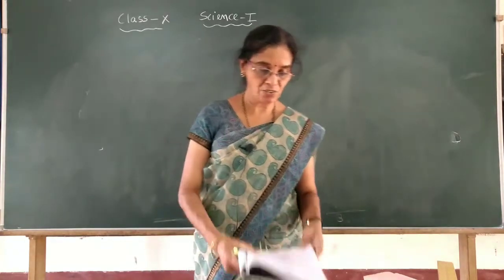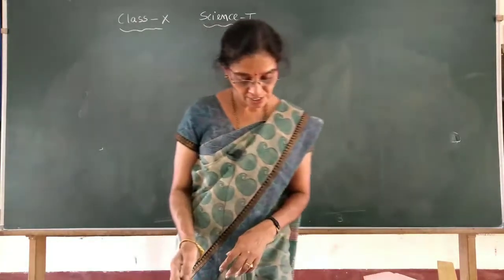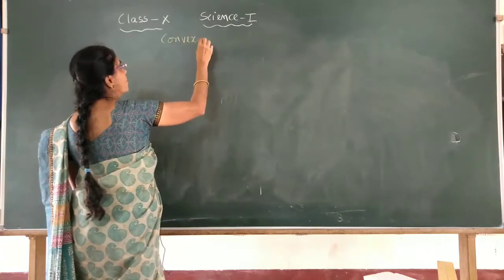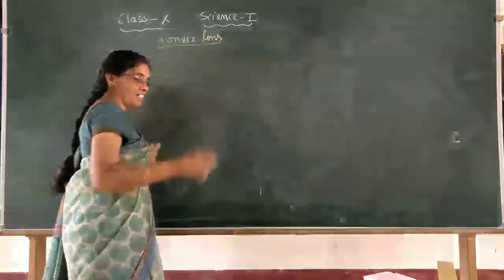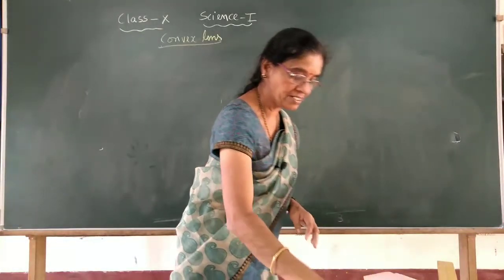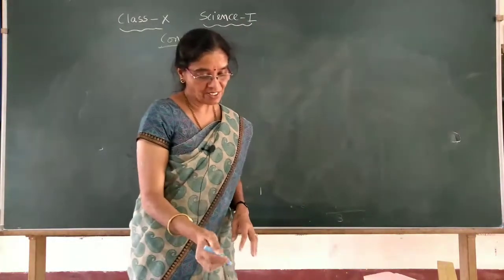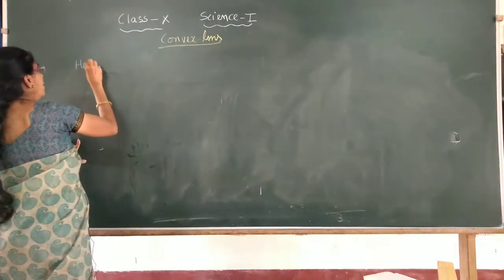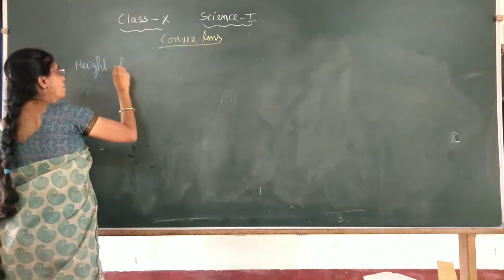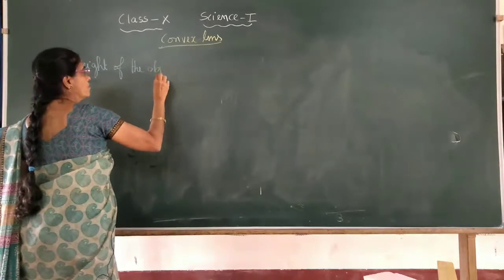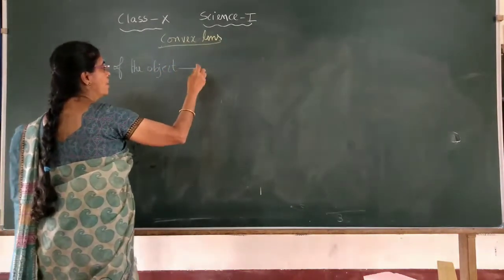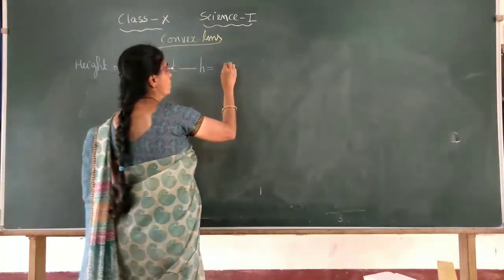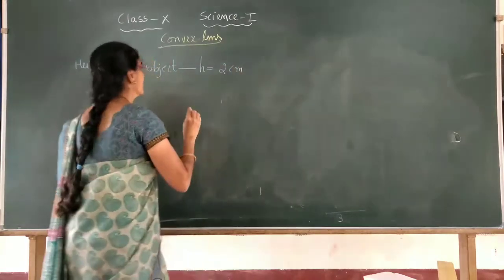So what we will do is, now the given information we will write first. So it is which lens? Convex lens. That you have to write, because you will remember what are the things you have to write, okay. Now which are the things given? Height of the object. Symbol h is equal to 2.0 is same as 2. So 2 centimeter I will take.